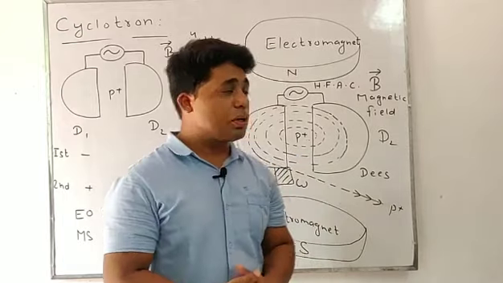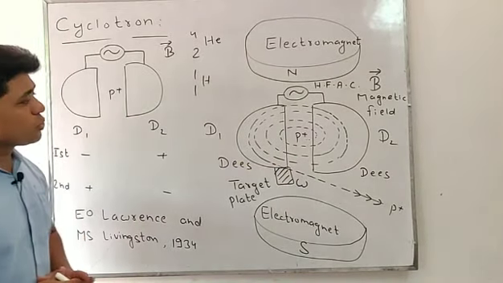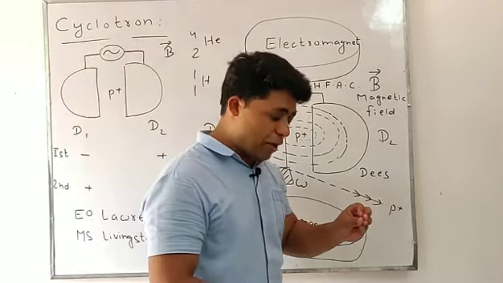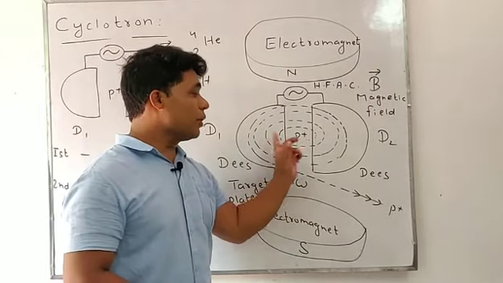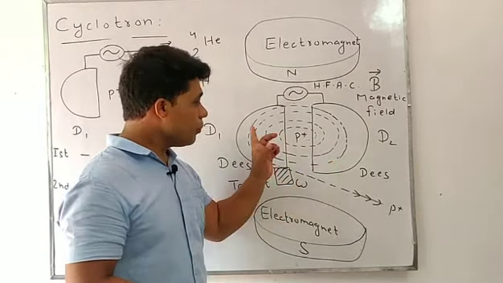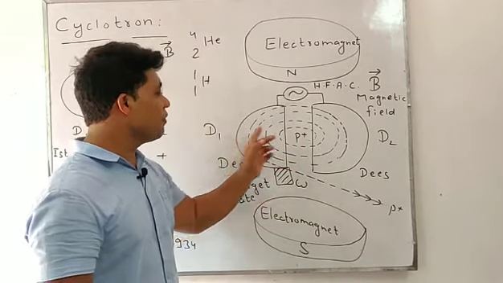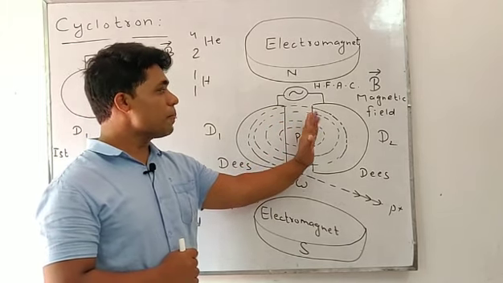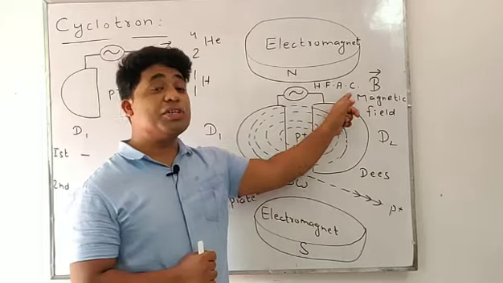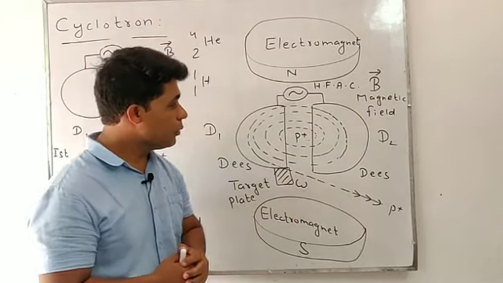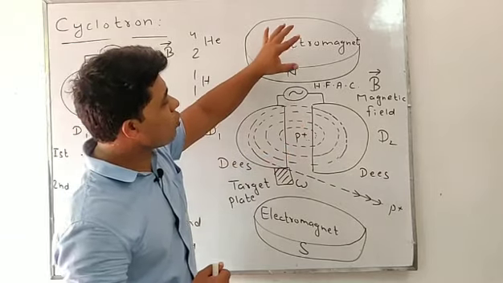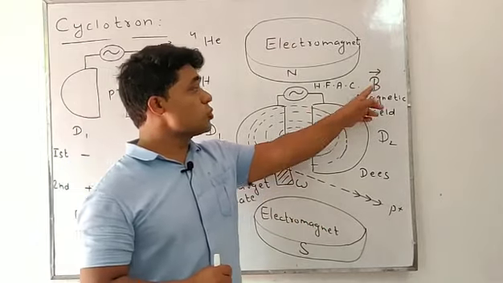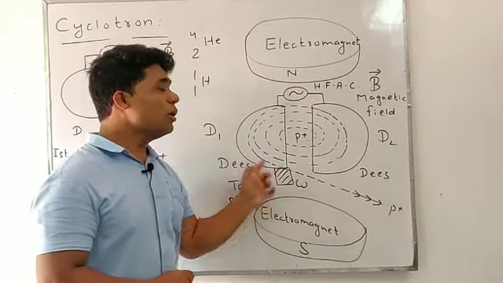Now students, we will start its construction. Look at this diagram, it is representing the cyclotron. A cyclotron has two metallic hollow D-shaped plates, combined called Ds, as D1 and D2. Both plates are held parallel to each other and are connected with a high frequency alternating source. Both Ds are placed between the strong magnet's north and south poles. These electromagnets produce a strong magnetic field around the Ds.